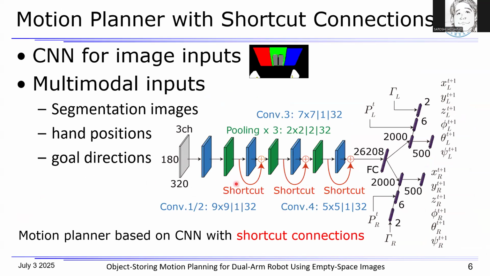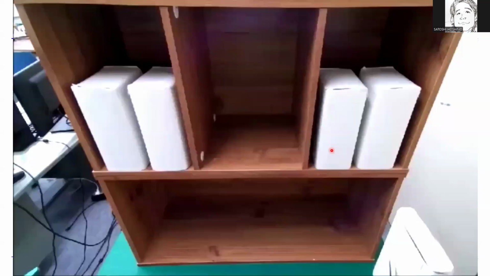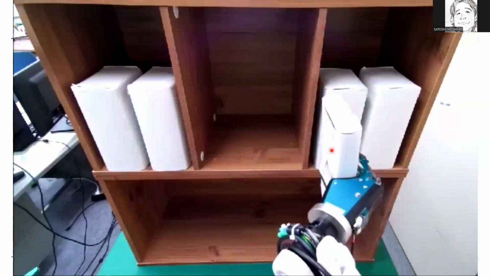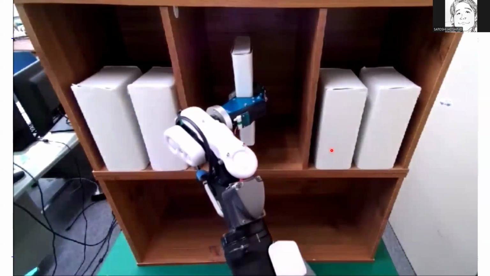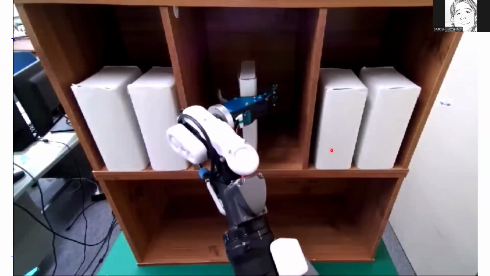This figure shows the motion planner based on the CNN, and as you can see here, segmentation images are used as input, and in addition, goal directions in the images and the current hand positions are also used as input. And these are the motion outputs determined by this motion planner. So the robot based on this motion planner succeeded in storing the object into the empty space provided by the